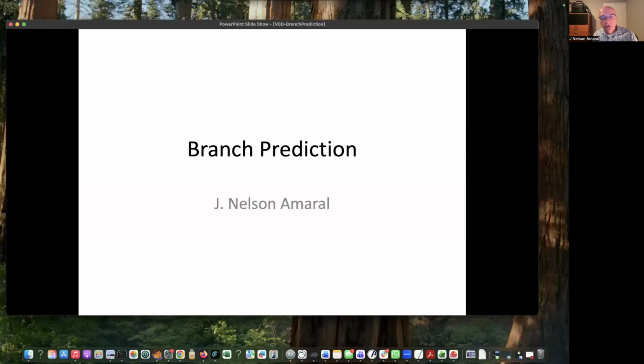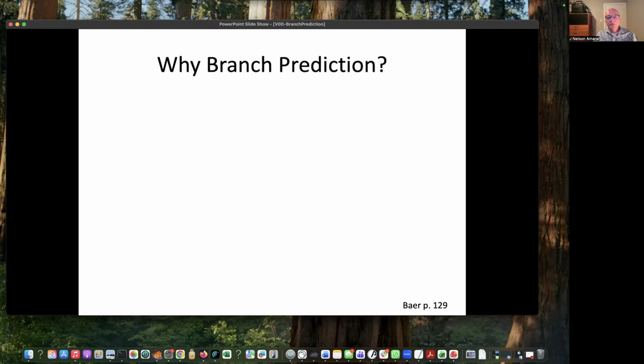In this lecture, we're going to talk about branch prediction. There will be several other lectures on the specifics of different branch predictors. The goal of this lecture is to start with the basic information about branch prediction. To motivate the need for branch prediction, we're going to start by observing that in general, in the execution of